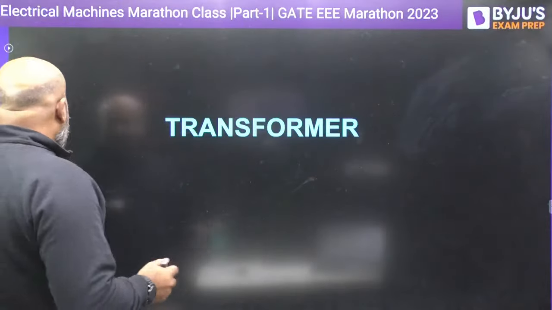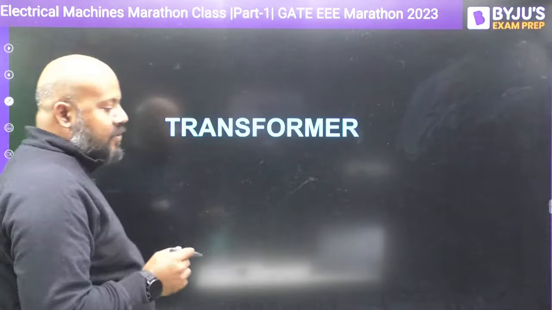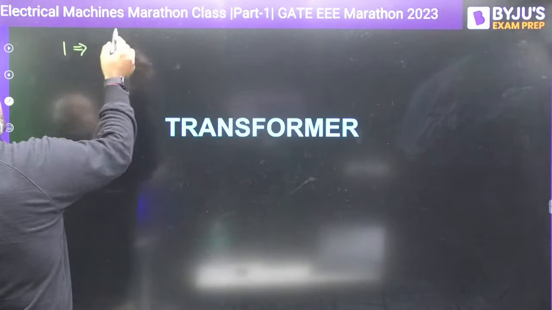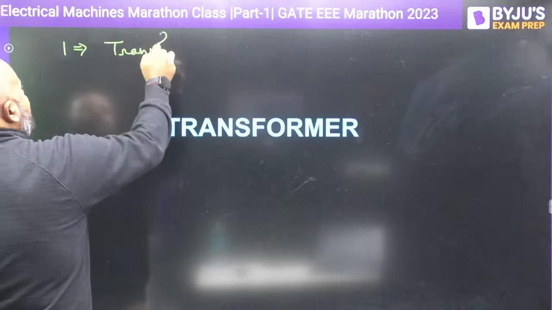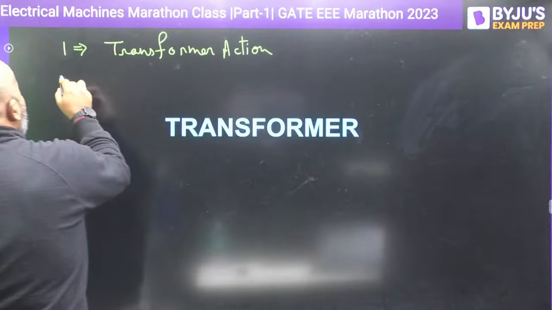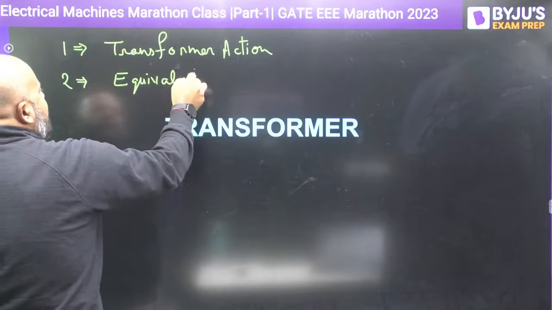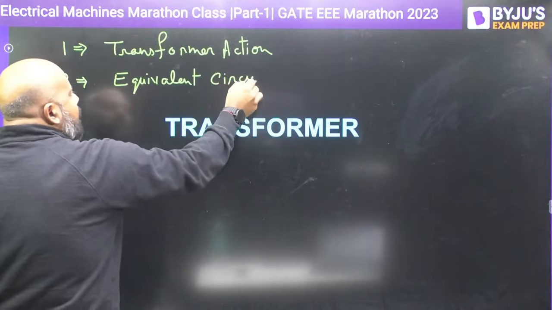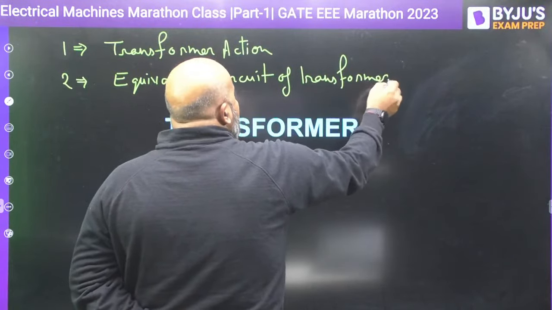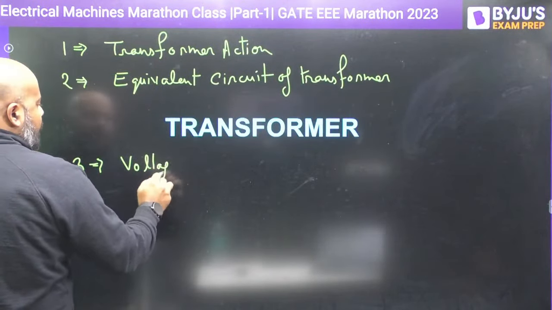So we'll be starting with transformer. But before I start, let me give you some brief idea about the important topics from which you can expect questions in the GATE examination. The first thing is transformer action. What is transformer action? You must know. Then equivalent circuit of the transformer. You may get the question. Third, you will get questions from voltage regulation